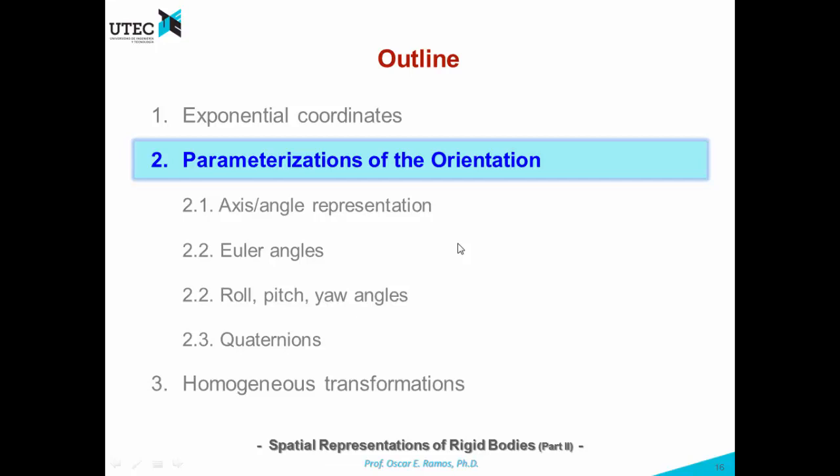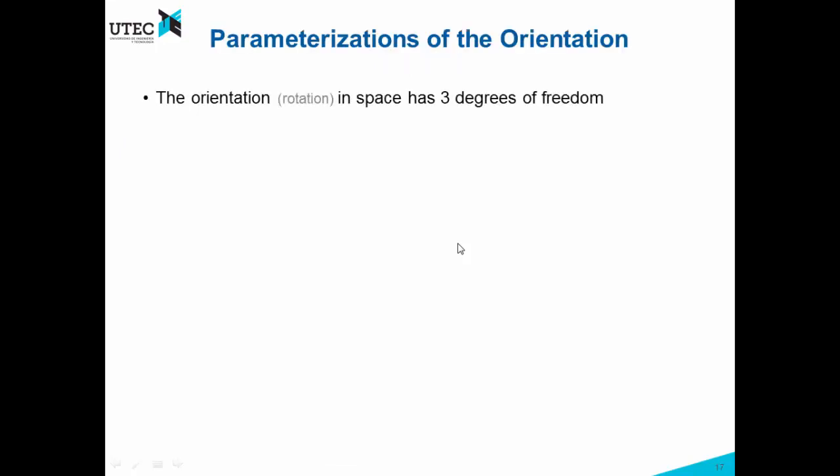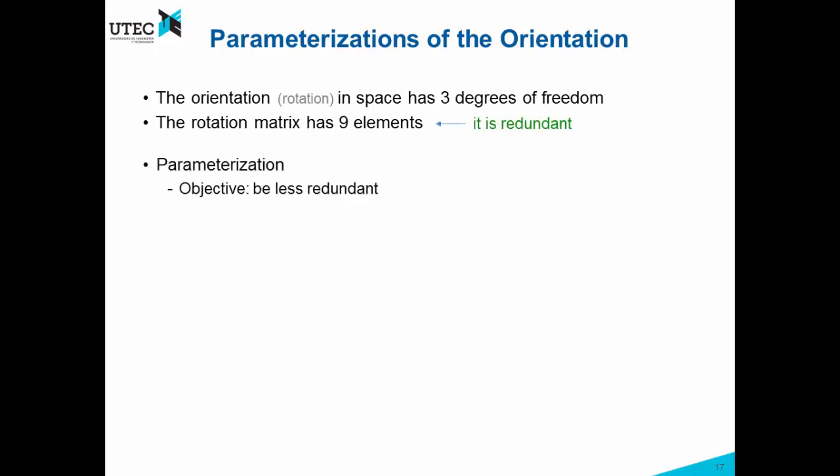Parameterizations of the orientation. The orientation or rotation in a space has 3 degrees of freedom, as we have seen before, but the rotation matrix has 9 elements, so it means that this matrix is redundant. The objective of parameterization is to be precisely less redundant, so we want to use less than 9 elements